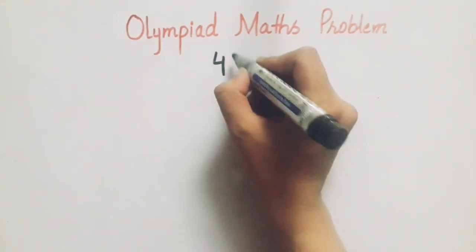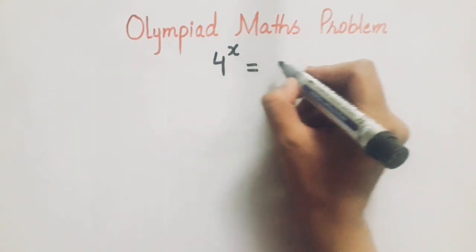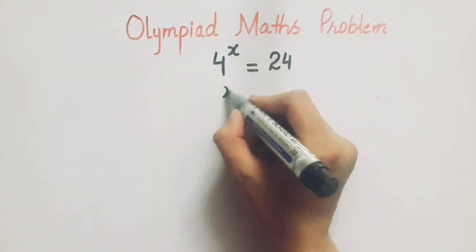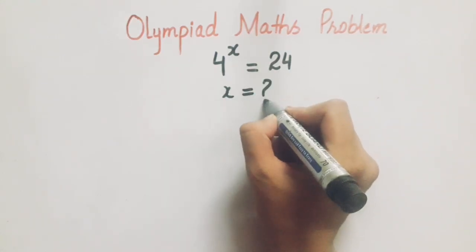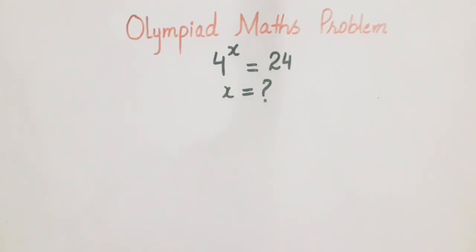Today we are going to solve an Olympiad math problem, that is 4 raised to power x equals 24. You have to find the value of x. So for this purpose we will apply the log rule on this. According to that, first of all we will write this as